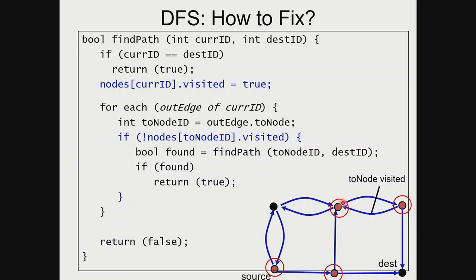But that's fine, right? Because if you've visited already one node, right, and you visited all of its children, okay, and then returned false somehow because you couldn't find the path, you returned back, right? And then you came to another path, and then